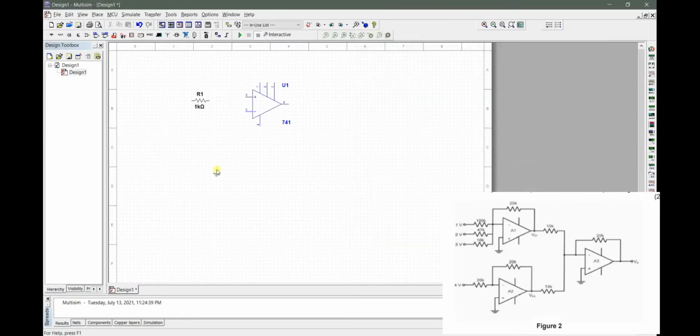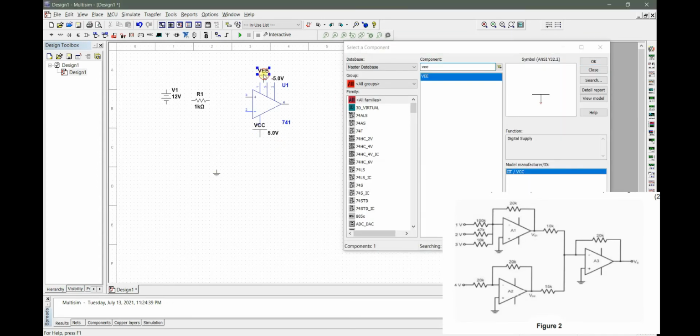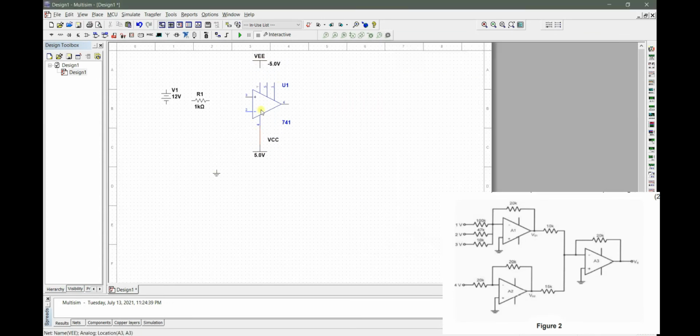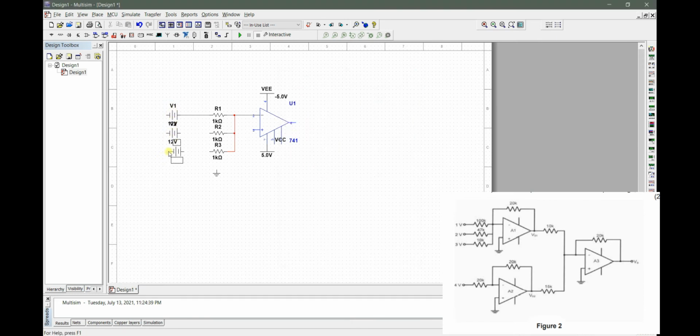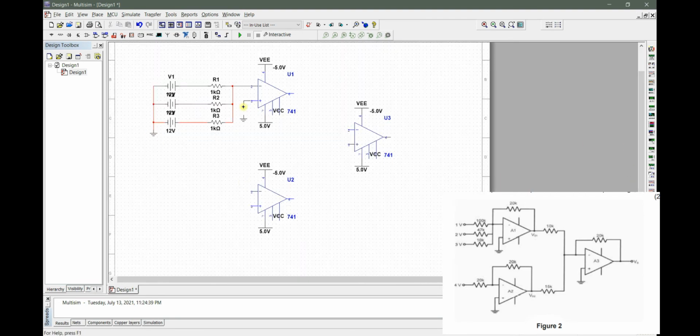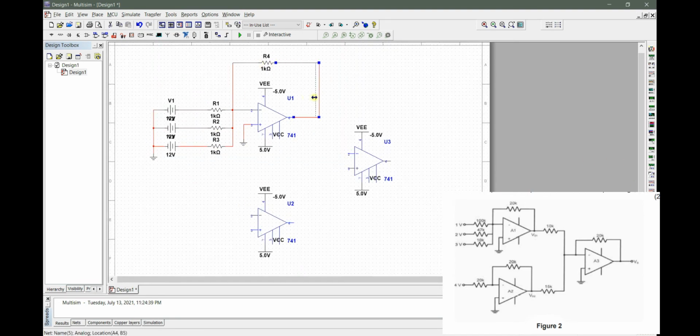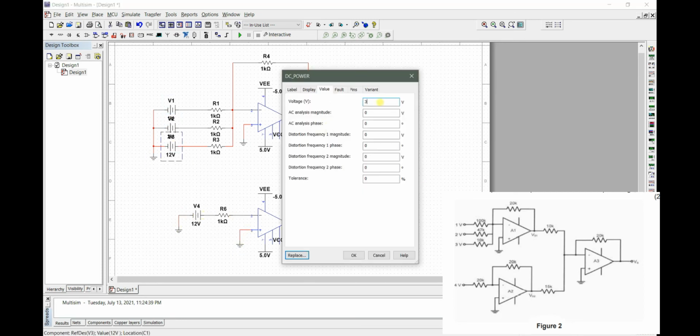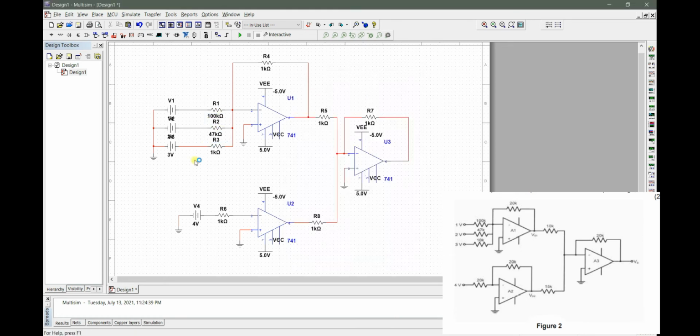For question 2, for the simulation part, just like question 1, we drag all the components we need for this question, such as the op amp 741. In this question we must know that we will use more components: 3 op amps and more resistors. For the first time I ran this simulation, I got the wrong value, which did not match the calculated value.